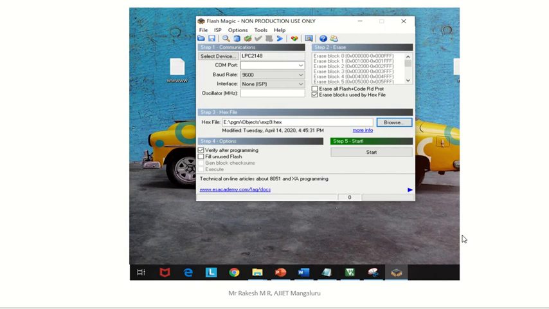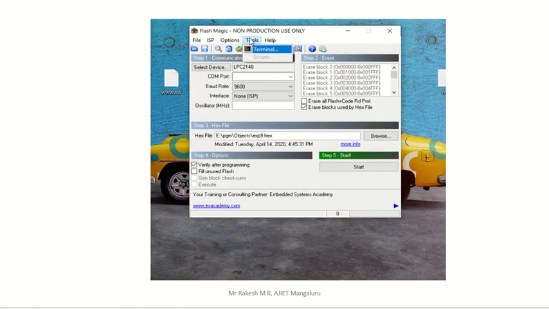That is, whatever we type on the keyboard, that output is visible on your screen. It is easy for us to type on the keyboard, but how is it visible on the screen? Where are we going to see the output? For that purpose, we use the same software, FlashMagic itself.